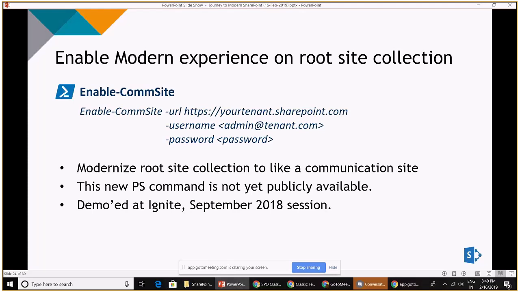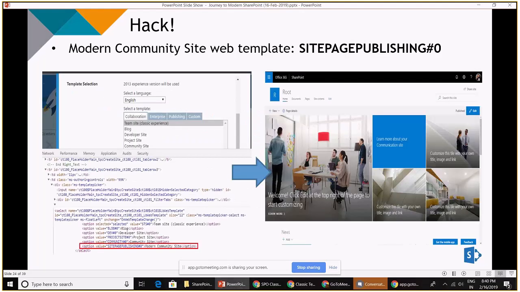But it is not yet publicly available. It may or may not be available on your tenant. But don't worry, if you don't have this available on your tenant, there is one hack. When you are creating or recreating the root site, maybe you can add this option,